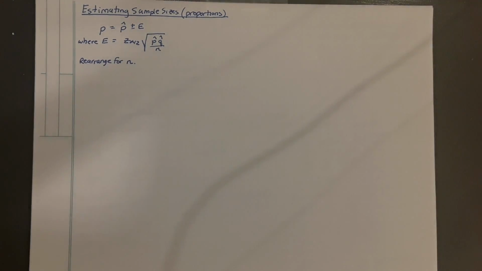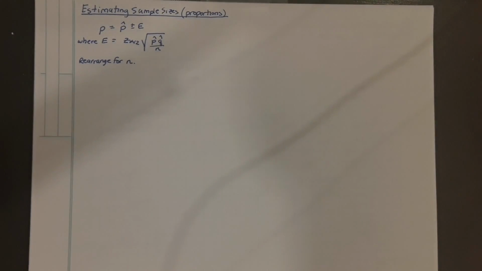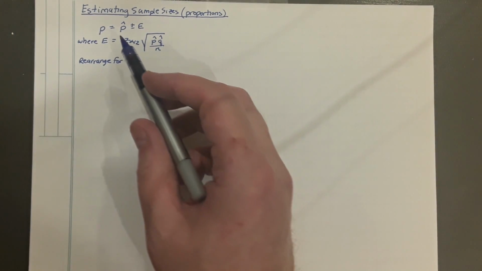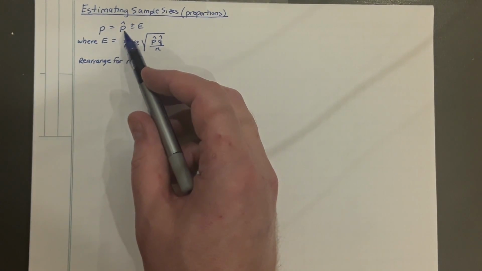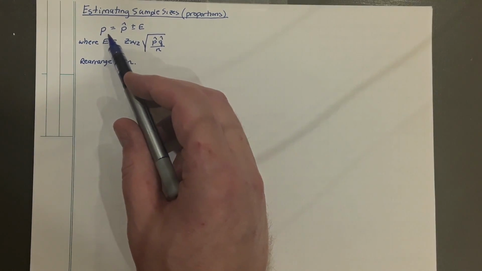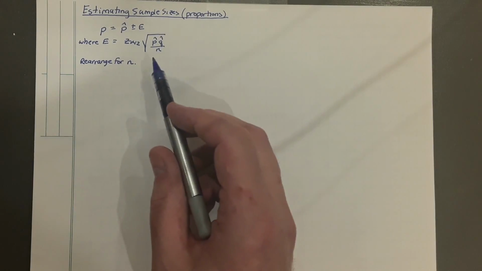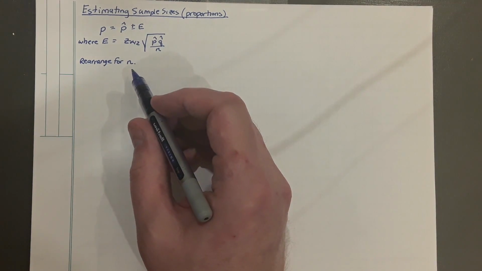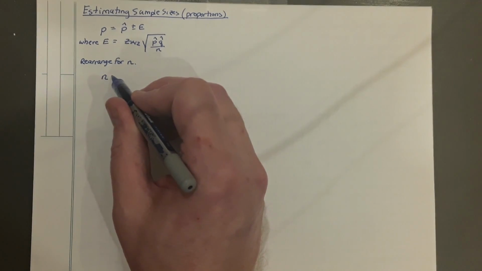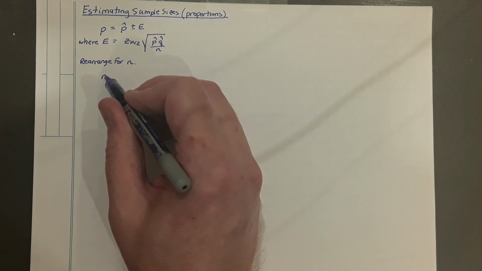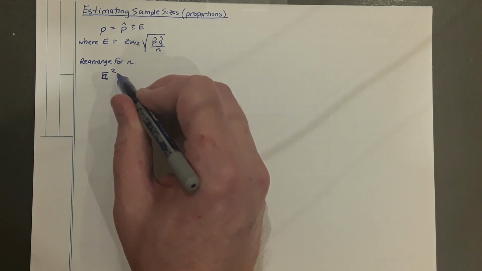This example will cover the methodology that's required for you to be able to estimate the sample size needed to produce a specific error in an estimate for a population proportion. So previous to this, we have the idea that the sample proportion is going to be the point estimate for our population proportion plus or minus an error, where the error is given by z alpha over 2 times the square root of p hat q hat over n, and we have to rearrange this equation for n in order to find the minimum sample size required. So if we take this equation and square both sides,